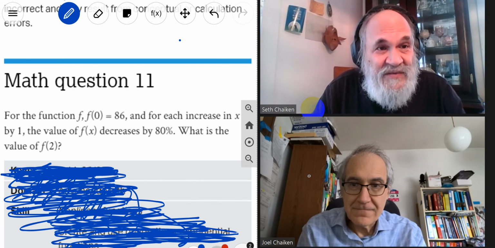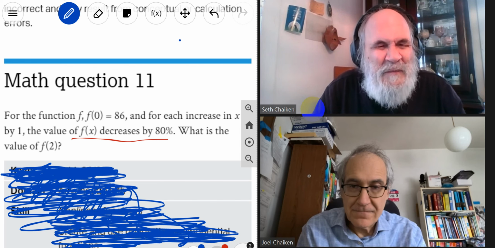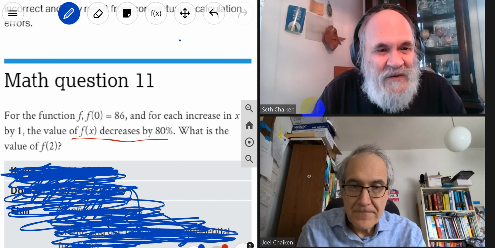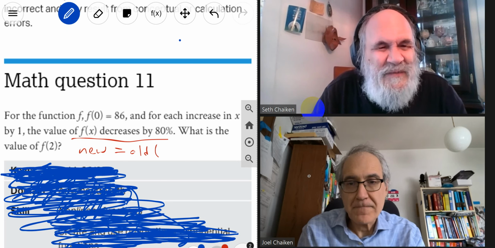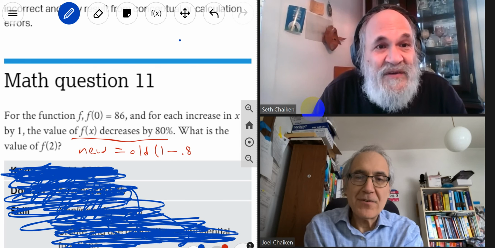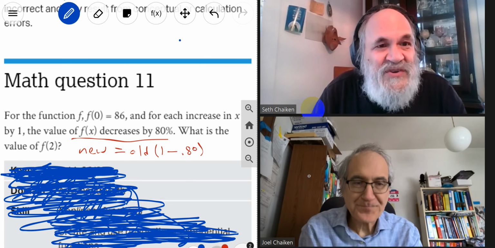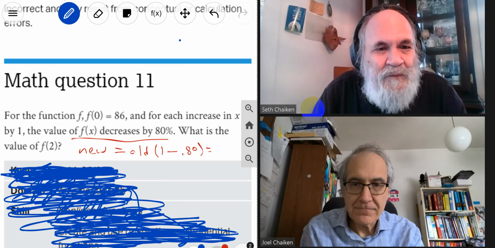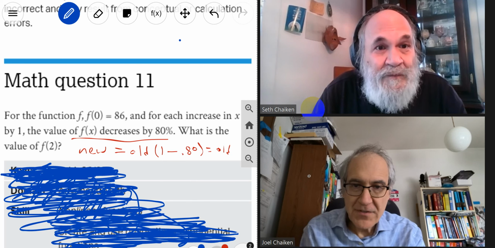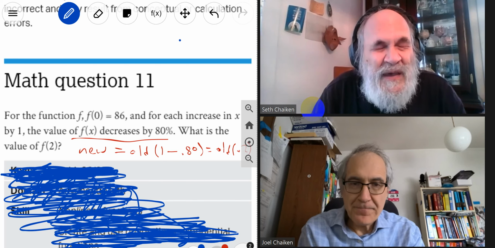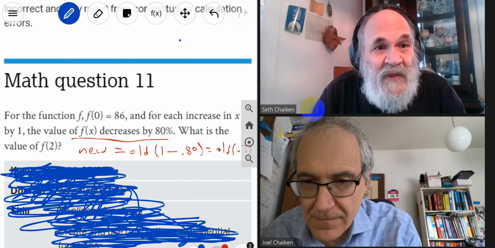that the concept of decrease by 80% means the new value equals the old times 1 minus 0.80. That's what I call the shopping formula. So it's old times 0.2, 2/10. Okay, and then we started out with f of 0